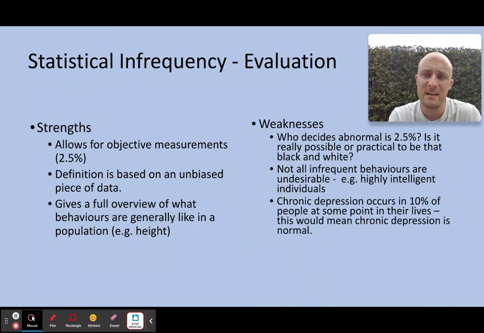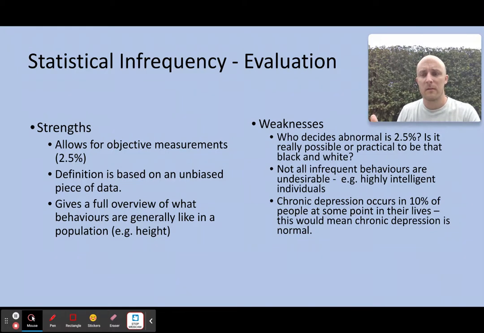The other point I would say here as well is depression is not statistically rare. 10% of people have it chronically, 20% of people have it at some point in their life. So according to this definition, depression is a normal behaviour. Fine. If it's a normal behaviour, though, we are not going to treat it. And therefore, you would not be able to get antidepressants based off of this definition. So then all of a sudden you've got loads of people who are manically depressed and chronically depressed who